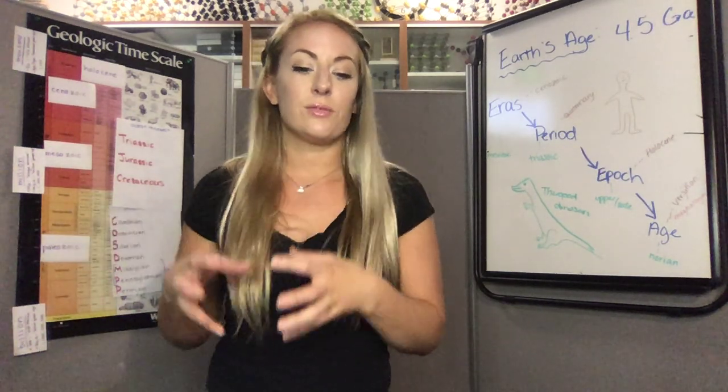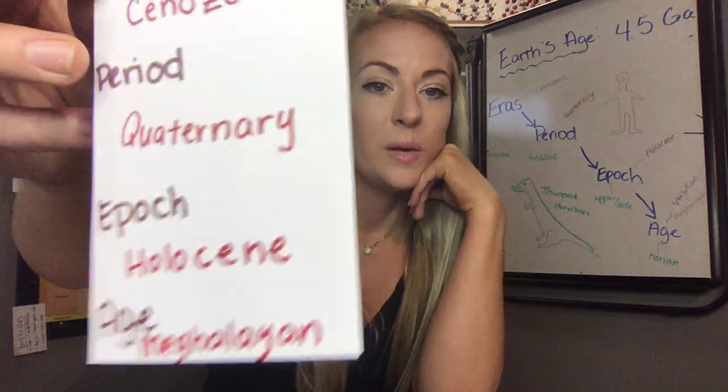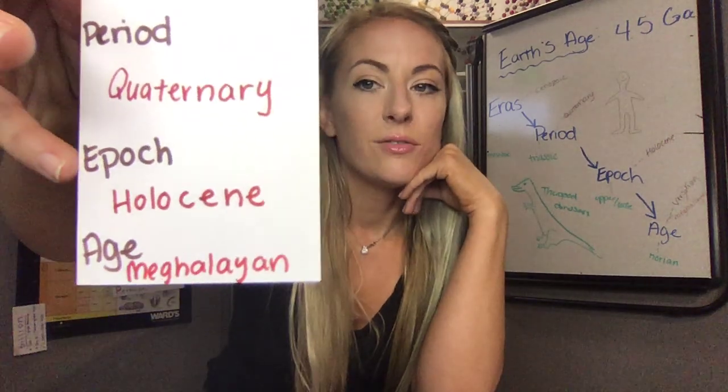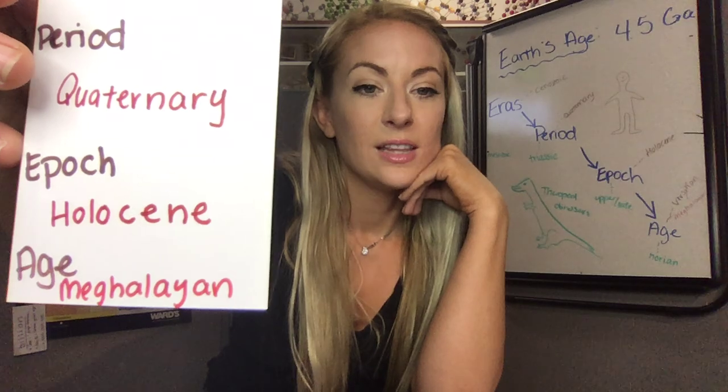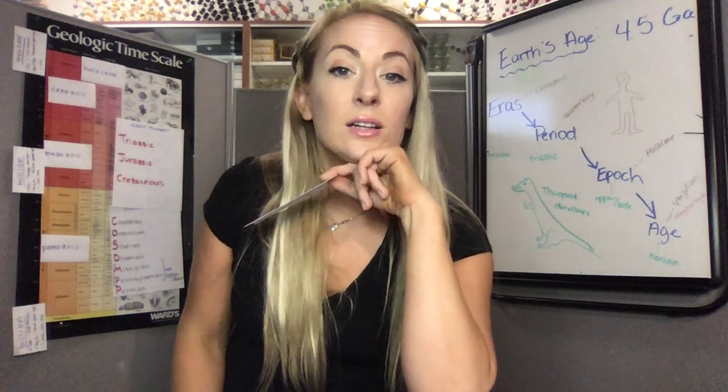But if you're looking at many different points of reference to see what period we live in, what epoch we live in, you'll see that we're in the Cenozoic era. The period is still widely listed as quaternary in many resources. And then for our epoch, it is definitely the Holocene. The age has a fairly recent name of Megalaean. Here on this time scale, it's the Versilian. So that part might change, but if you